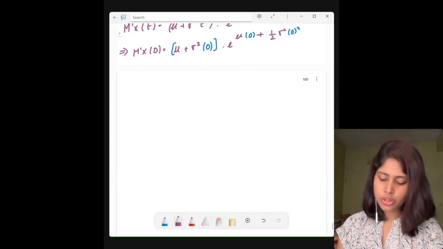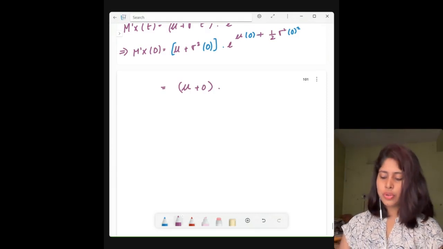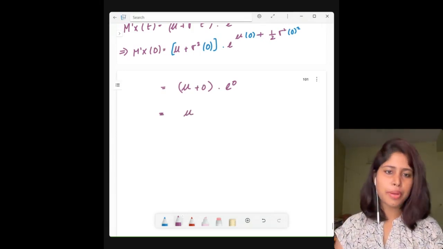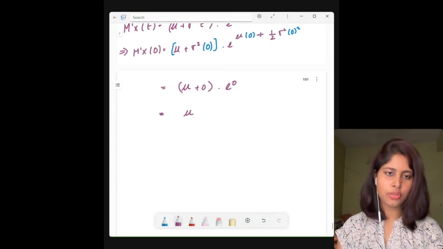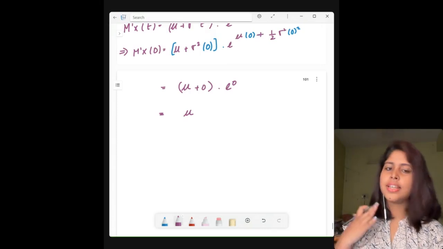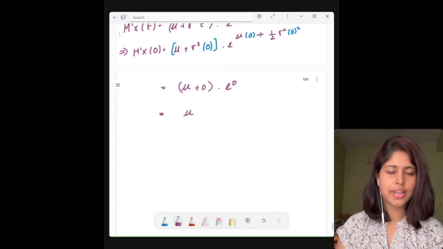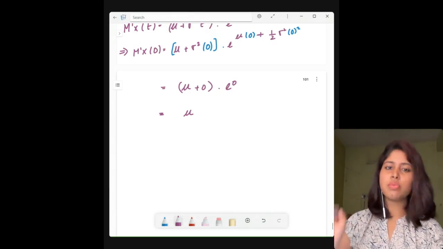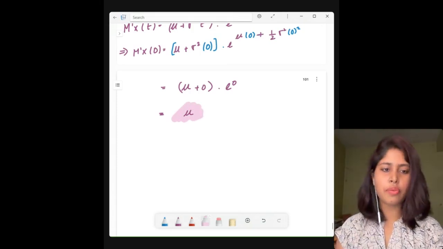So basically, this is mu plus 0, and this is just e to the power 0 only. E to the power 0 is 1, and then the answer will be mu. So you have to remember that the mean of the normal distribution is just mu. That is all. And the variance is sigma square only, nothing else. But if your exam coordinator asks a question like derive the mean and variance from the MGF, then this is the reason we are studying this. So from the MGF we have derived the mean.